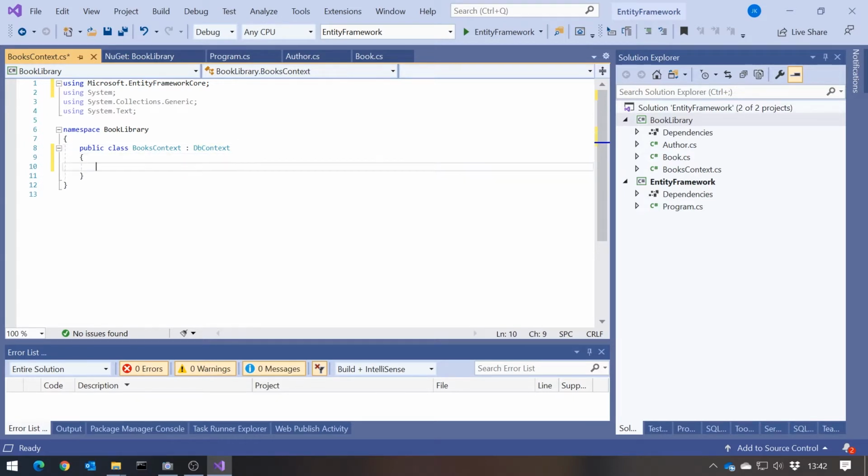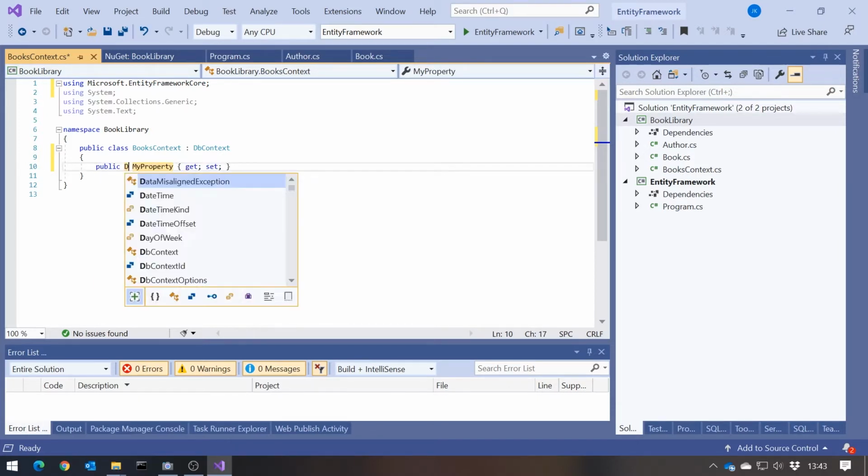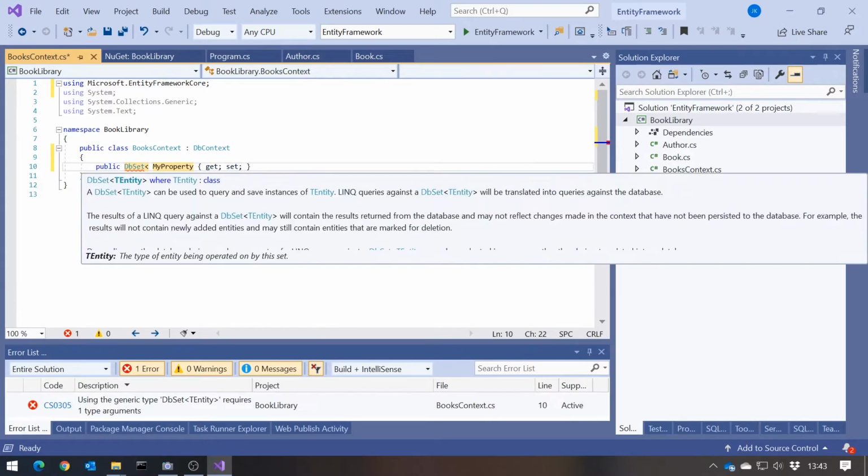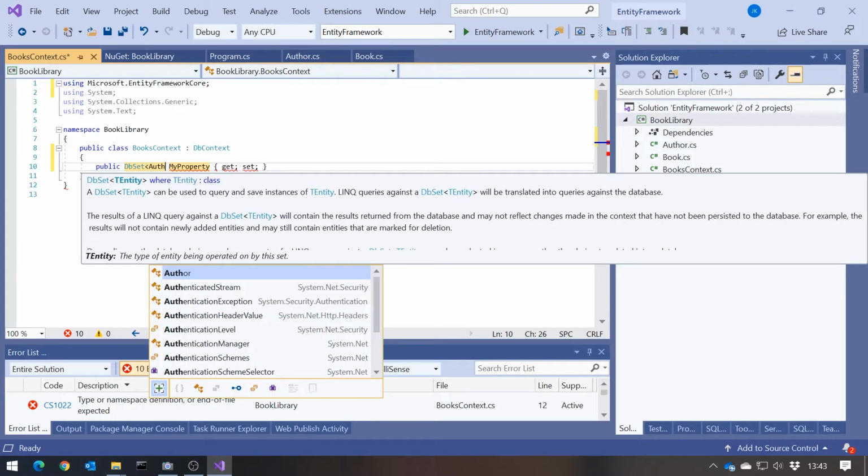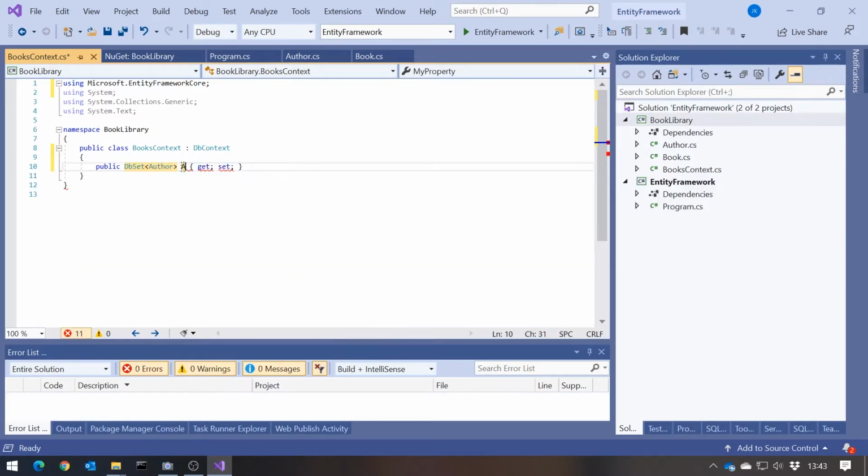And what I need to put in here is a couple of things. One is I need to put in an entry for each and every one of my entity types. By that, I mean my classes that are going to be represented by tables in the database. Those are called entities, and author and book in this case. So we'll have a property, and the collection we use here, we've got to be quite precise on. It's a thing called a db set. So that's going to be a db set of author, called authors. And then we'll also have a db set of